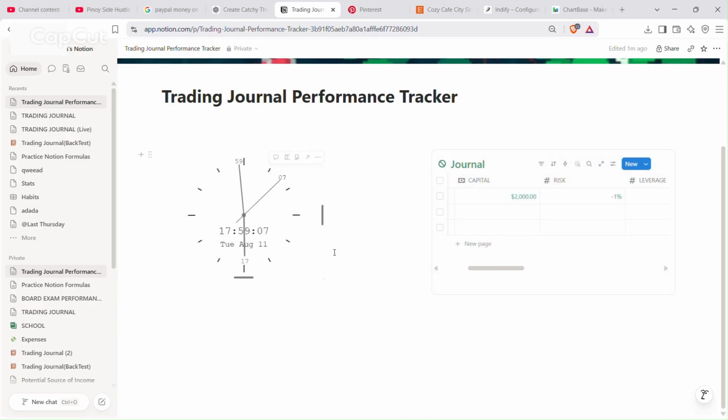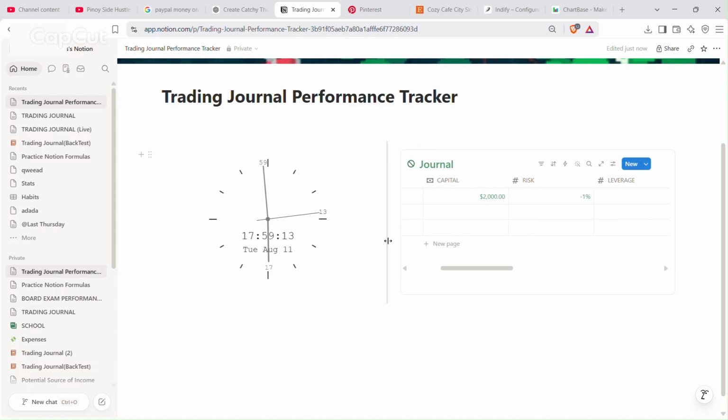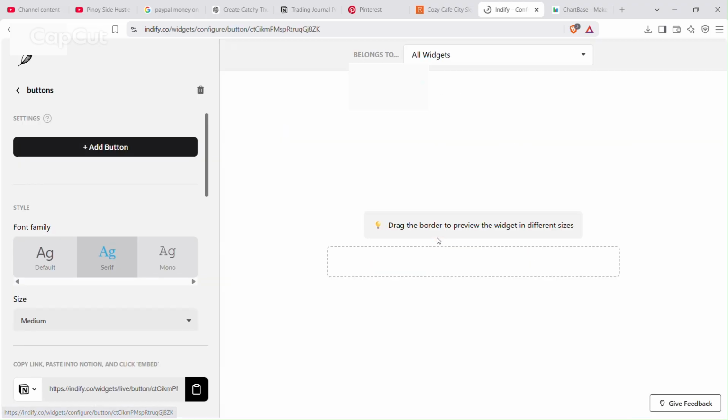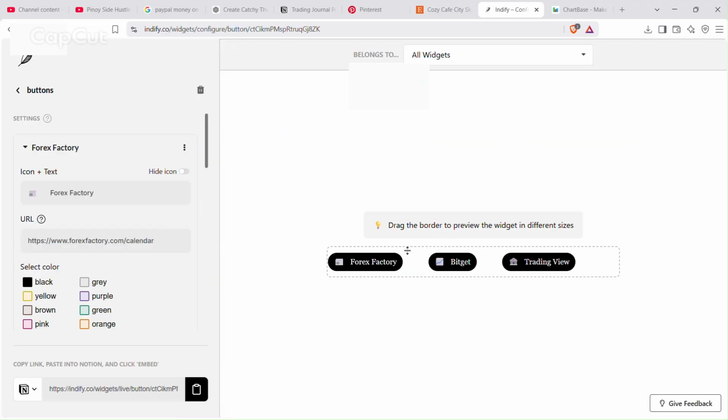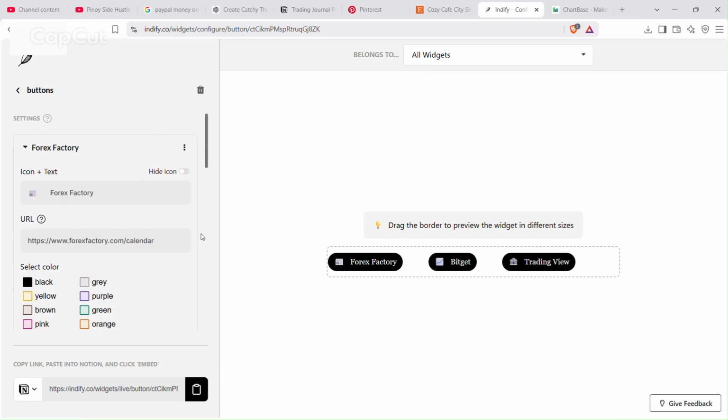And then I will add here another widget for buttons. So these are my already made widgets. This is very easy to configure.